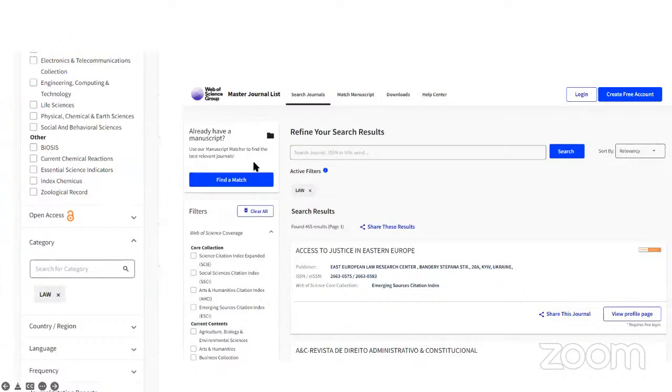When you click on this, you will see these subjects like core collection, current contents. The screenshot I have taken after this is the business collection. You just have to go on clicking. When I clicked on law, I found 465 journals covered under the Web of Science.